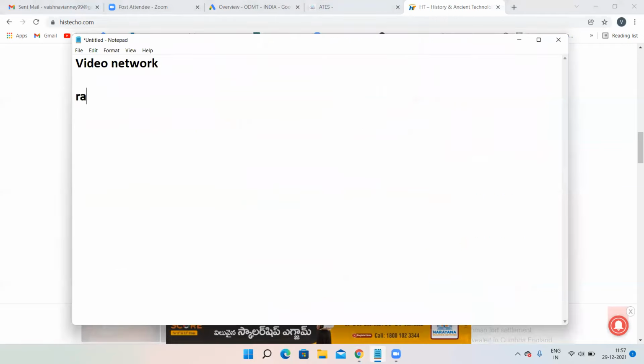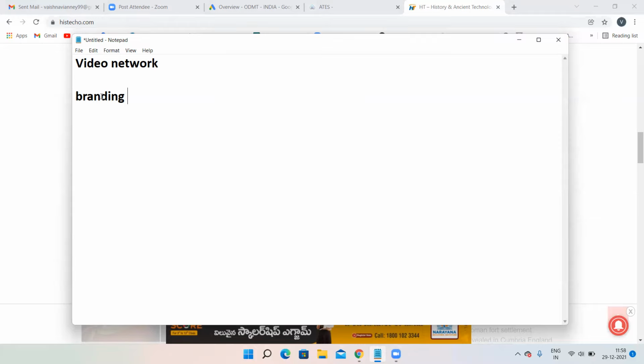A person will be watching a particular video on YouTube and suddenly your advertisement appears. That person is not choosing whether your advertisement should appear or not. Without his consent, you are showing that advertisement to him, just like showing it without his interest. So for video network and display network, you cannot say that you'll be getting leads from these networks.